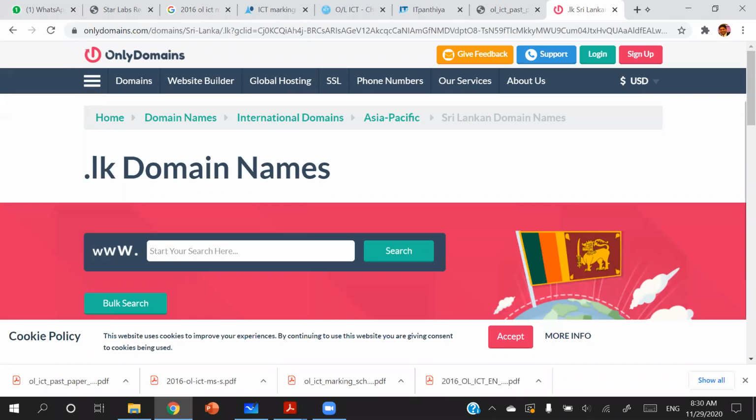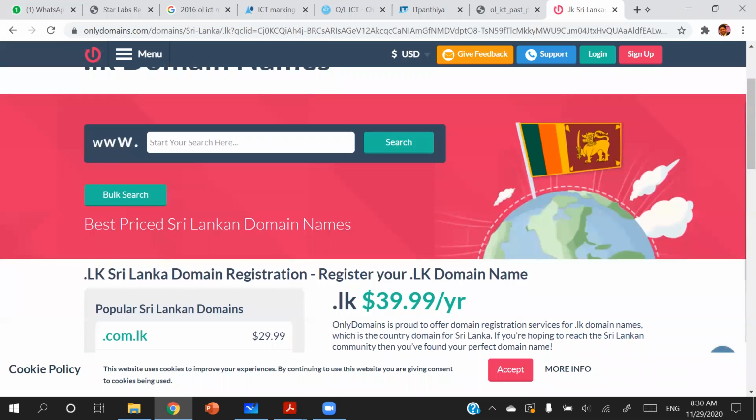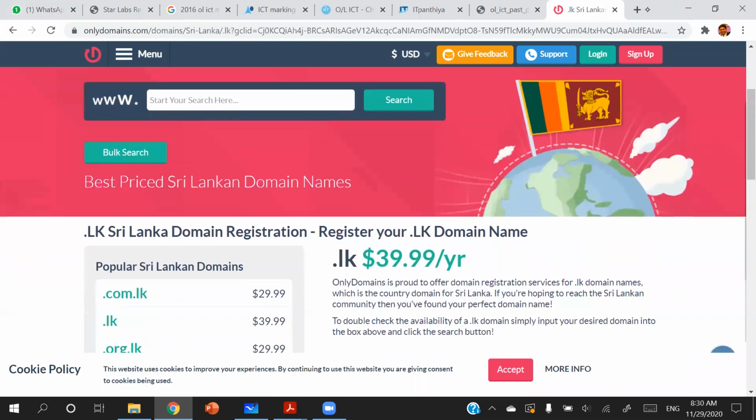Not from the LK domains. There is another site called register.lk. I have purchased my domain from that particular website. So you can search for a domain, and